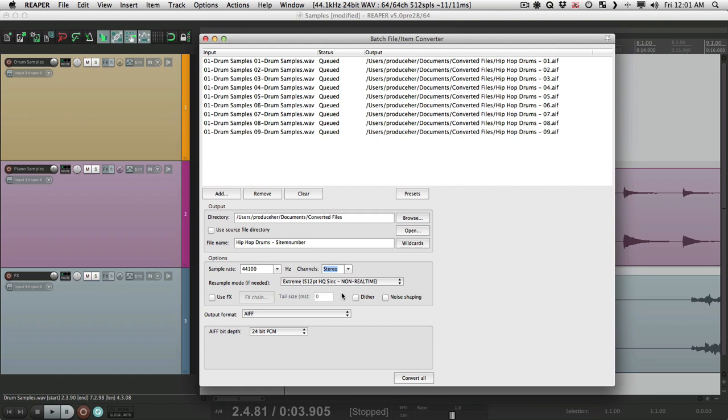Now if the sample rate's being changed over here, we could choose the resample mode. From good quality all the way up to extreme quality. Let's choose extreme. The next option is pretty unique. We have the ability here to add effects to the audio before it's exported. So we could choose this,